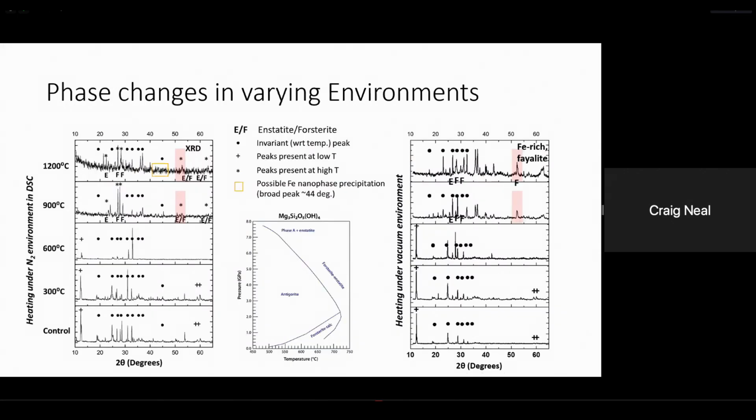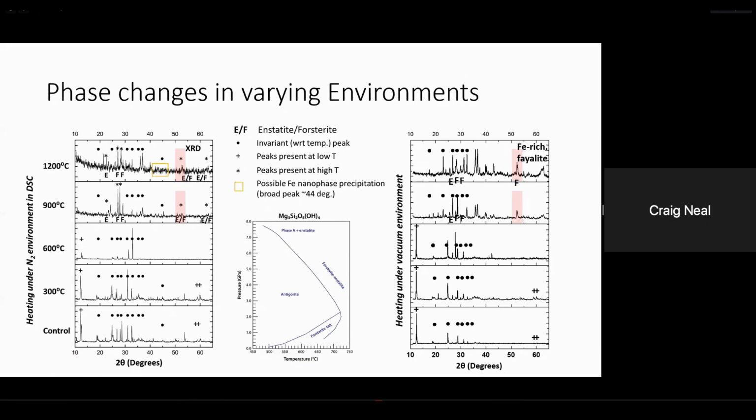Okay, so in doing X-ray diffraction studies on the materials in each of these environments at different temperatures, we can look at the actual phase composition as it changes with temperature. And so a lot of these support the description of above 600 degrees. We have loss of Antigorite and formation of forsterite and enstatite. And so that's represented here, but also in the red highlighted region, we have an increased peak under vacuum relative to the inert environment. This is really